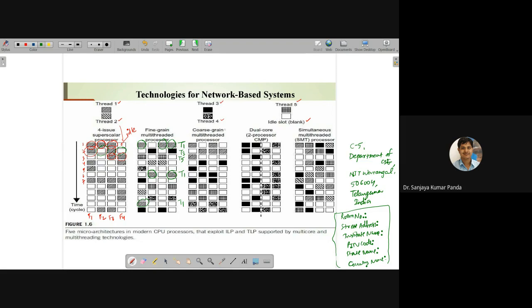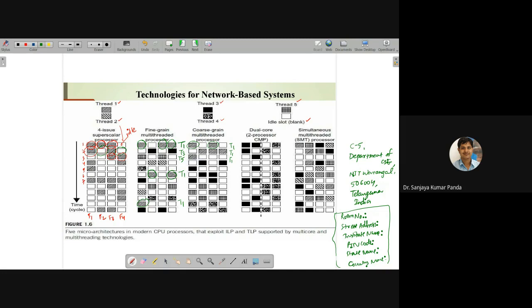So here you can see the coarse granularity multi-threaded processor. Here you have many instructions from the same thread. Like here, I want to execute thread 1, but in order to complete thread 1, I need 3 clock cycles. So you can say many instructions from the same thread for a few cycles. Like here I am taking 2, here I am taking 3, another is 1. And at this point, after 3 clock cycles,